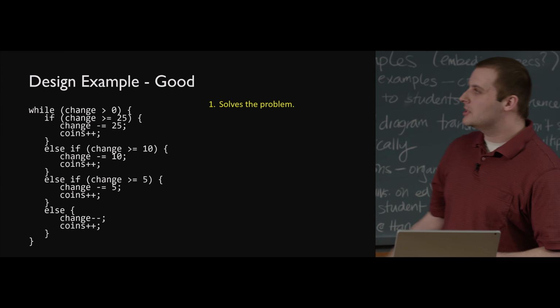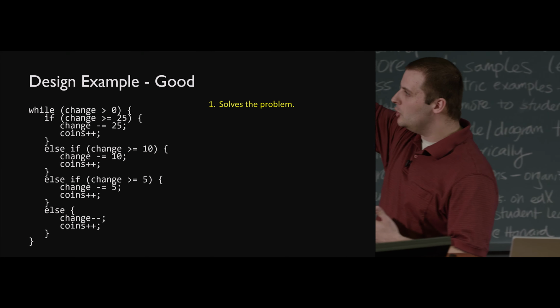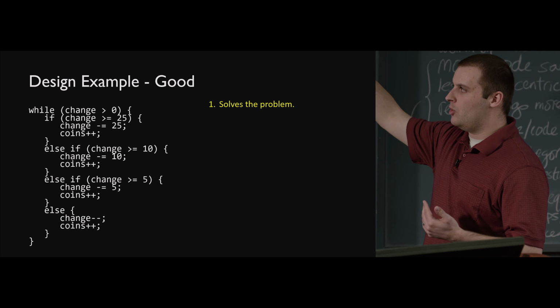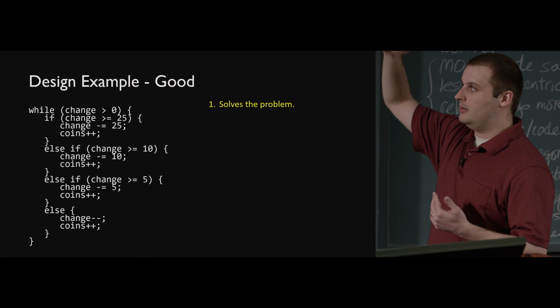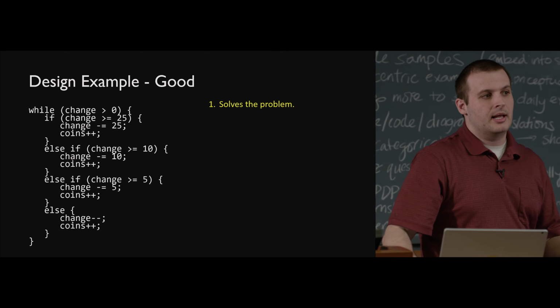Why is this a good design? Well, it solves the problem. That's more of a correctness question, but it does solve the problem. There's this loop, and if my change is greater than 25, then I will subtract a quarter, and then I'll go back around again. But the reason it might be a good design and not a better design or a best design is